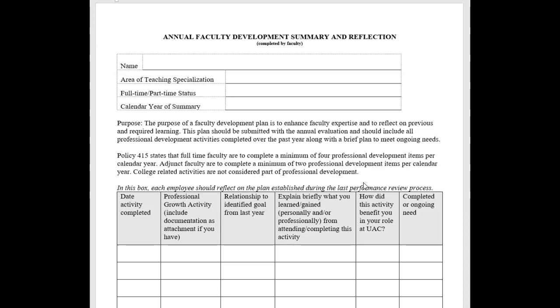meetings with you. So what you're going to fill out is your professional development summary and a reflection of how you feel that you are performing as an instructor for Cossatot. So this form that you see here on the screen, you are probably familiar with. We have been completing these for the past couple of years as records of our professional development.